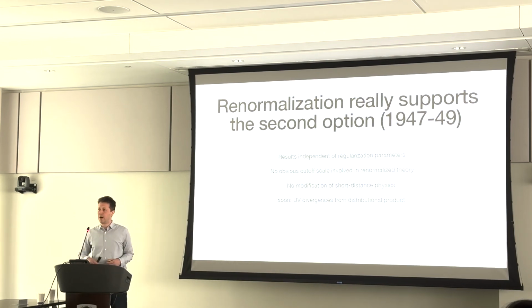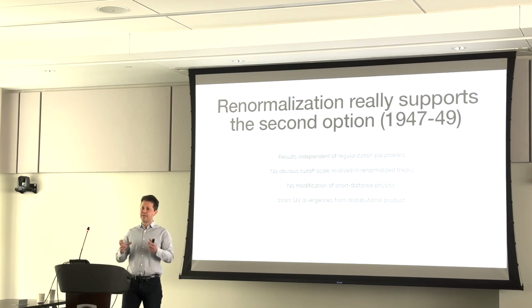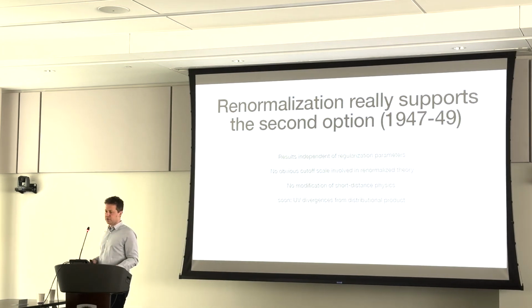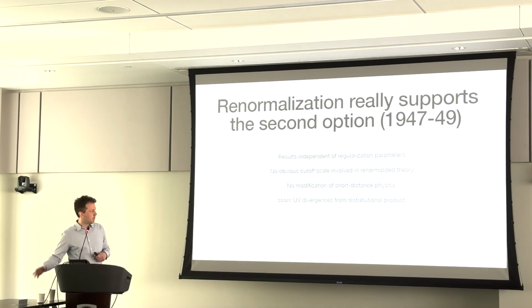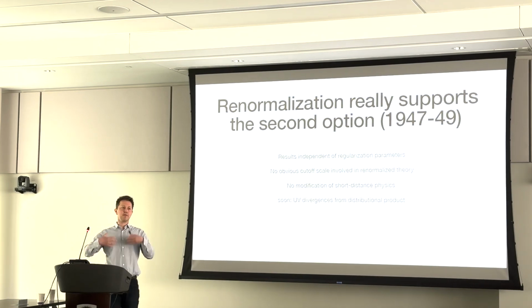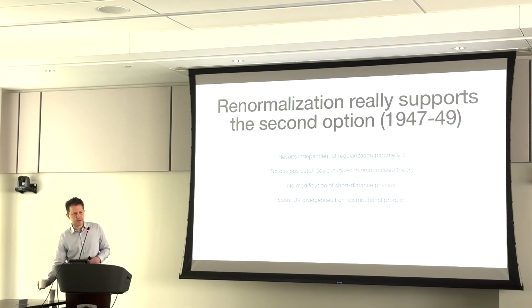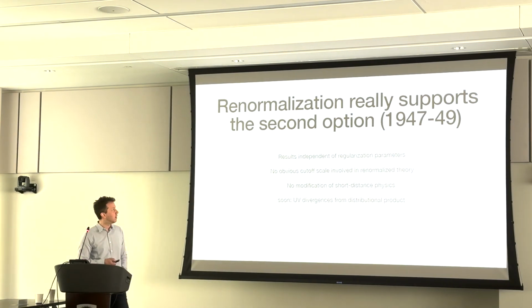And soon, and we'll hear more about this in Mike's talk, there was even a purely mathematical argument for why these UV divergences arose from the multiplication of divergences. This started in the mid-50s already. So really, renormalization seemed like this kind of formal mathematical method, or could have seemed as this formal mathematical method for QFT, or quantum theory in general, to deal with infinitely many degrees of freedom, and so would have seemed to underwrite that second reading of what was going on. But one has to say that already back then,